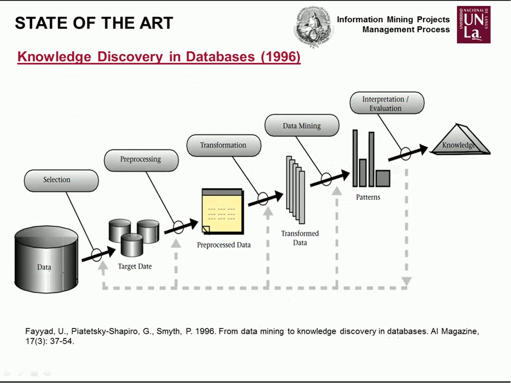The steps involved in KDD are: learning the application domain, which includes relevant prior knowledge and the goal of the application; defining a target dataset where discovery is to be performed; cleaning and preprocessing, which include basic operations such as removing noise or outliers and strategies for handling missing data fields; data reduction and projection, which involve finding useful features to represent the data depending on the goal of the task; choosing the function of data mining, which includes deciding the purpose of the model derived by the data mining algorithm; choosing the data mining algorithms, which matches a particular data mining method with the overall criteria of the KDD process;